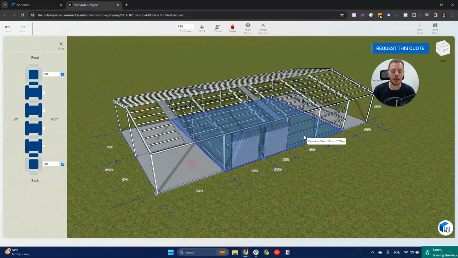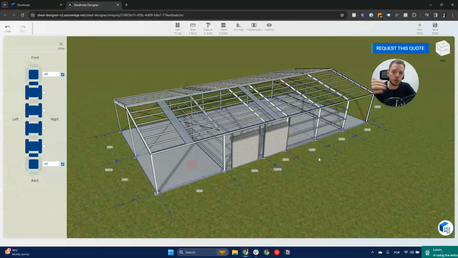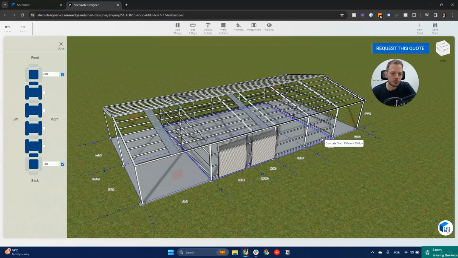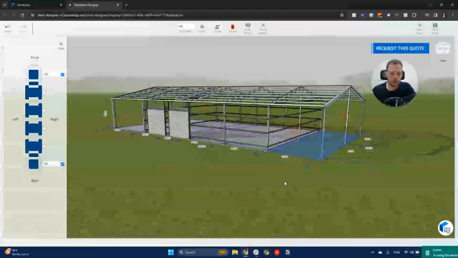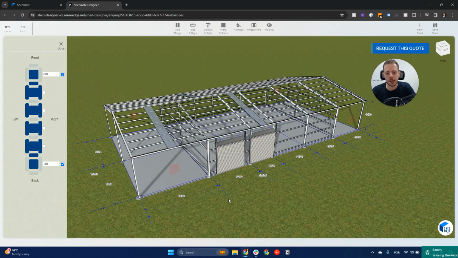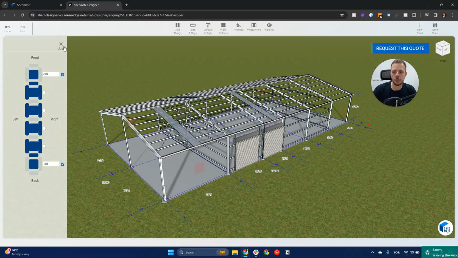So this is all adding up to your bill of materials, and it's going to impact your shed price if you are considering concrete in your quotation. You're going to see that in your Shedmate setup. That's generally what we do there. In your onboarding, we just make sure that we are considering everything for your cost. All right, so this is a little bit about the shed design, and now going into more advanced features,